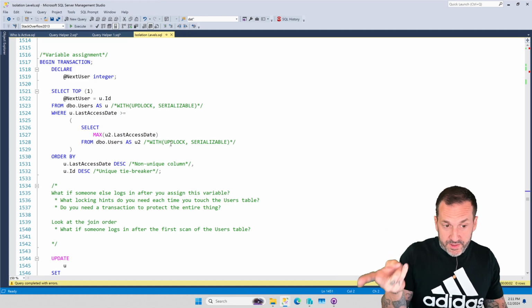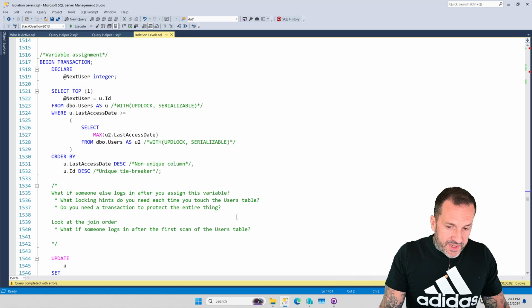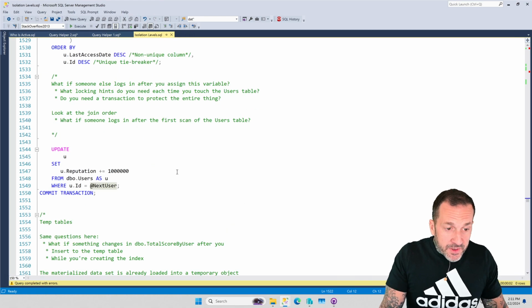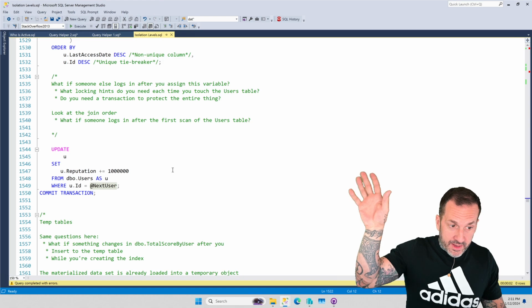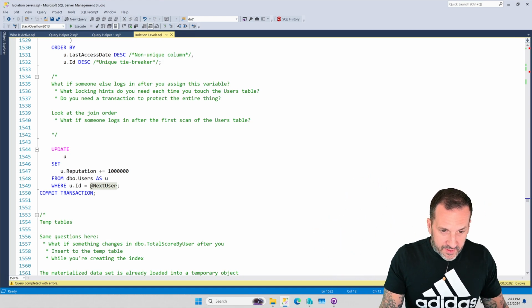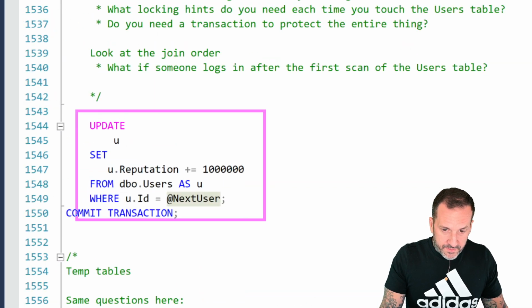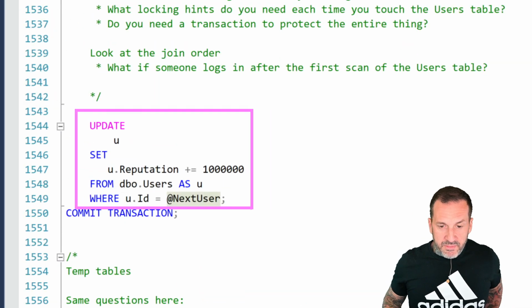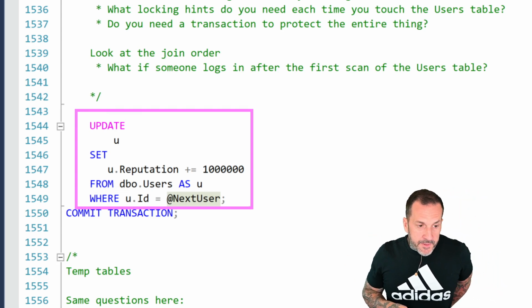and return weird data. Now, just pretend that we run this and we fetch this next user ID here, and then after that query runs, without those locking hints in place, without that transaction in place and all this other stuff, let's say that we want to award whoever was the most recent login with 1 million reputation points.